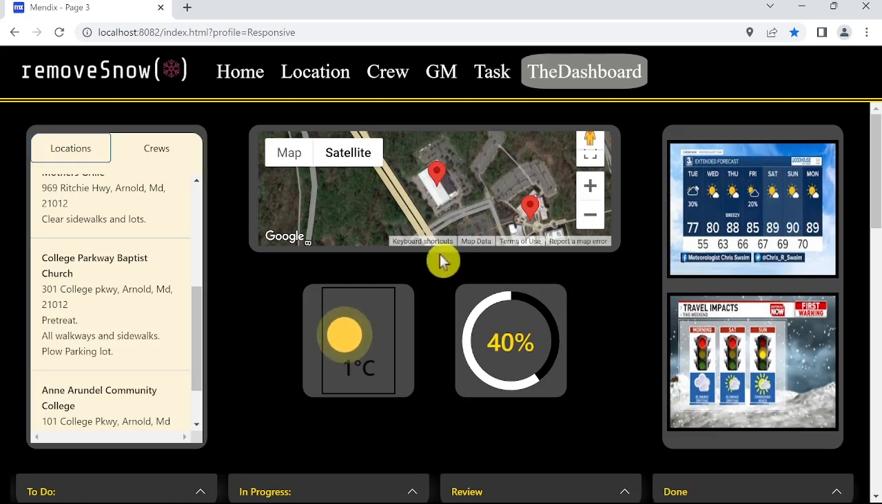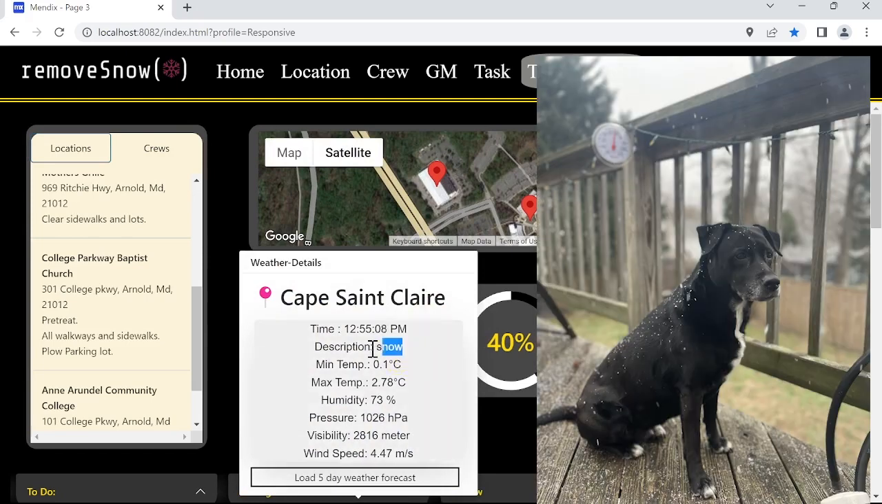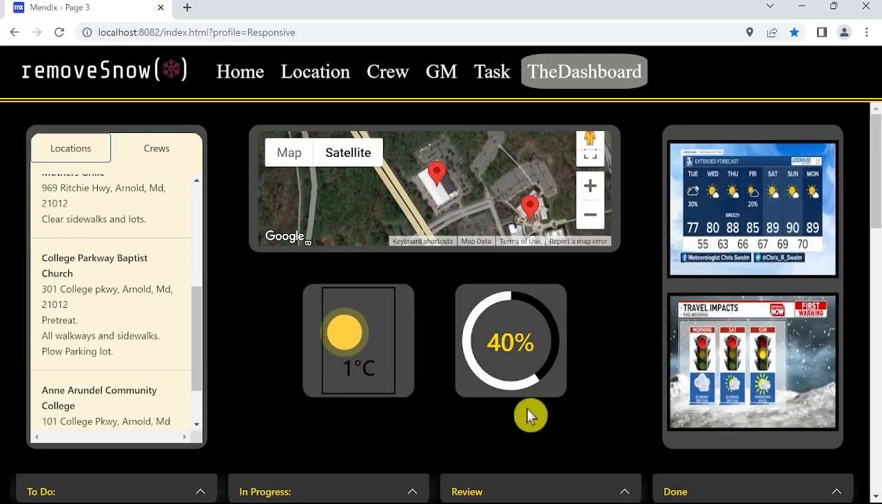stick to the road. In the center, to demonstrate the use of the Mendix marketplace, we downloaded a weather widget, and even though it is in Celsius at the moment, it is accurate information. It is currently snowing outside. The percentage box is going to be linked to the tasks and how much gets completed. And the more that gets completed, the less of the white bar you'll see, just like if you were removing